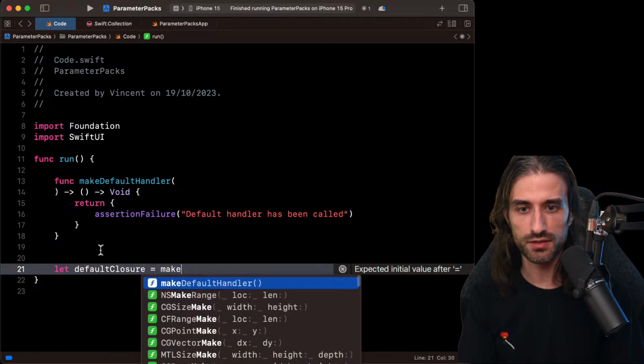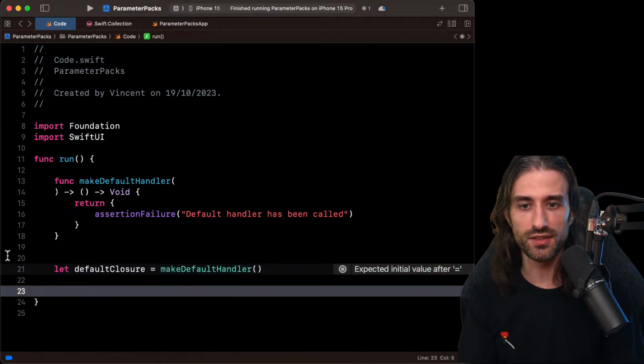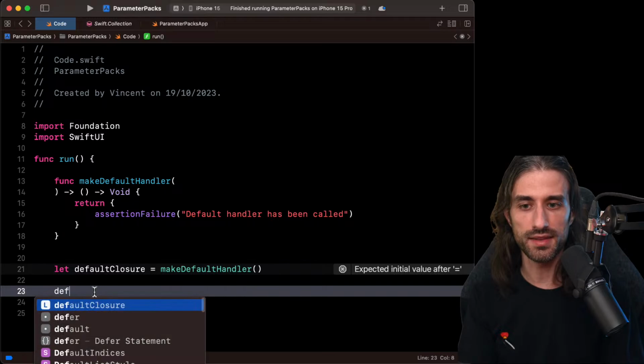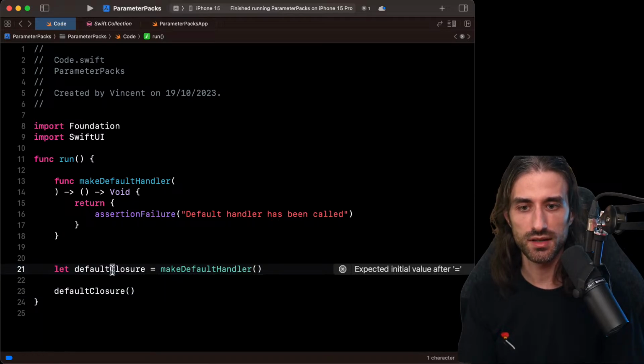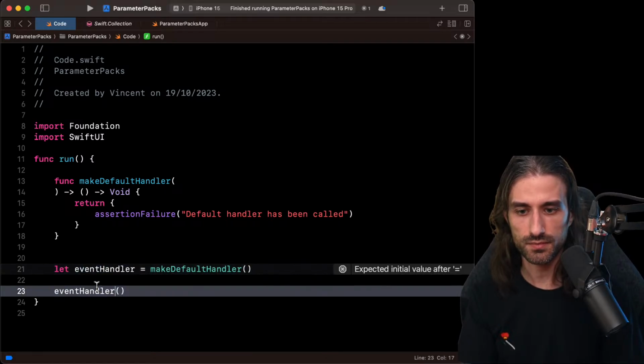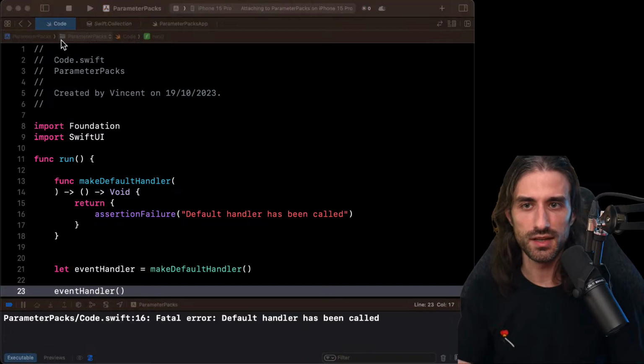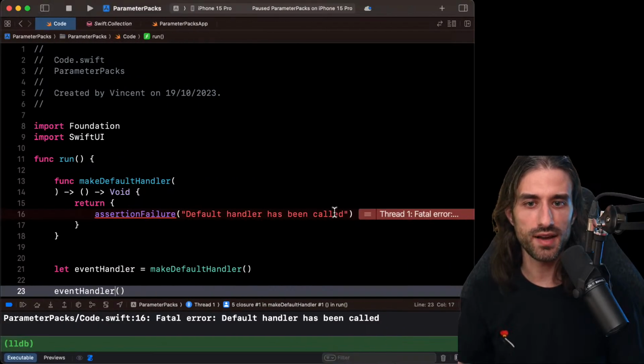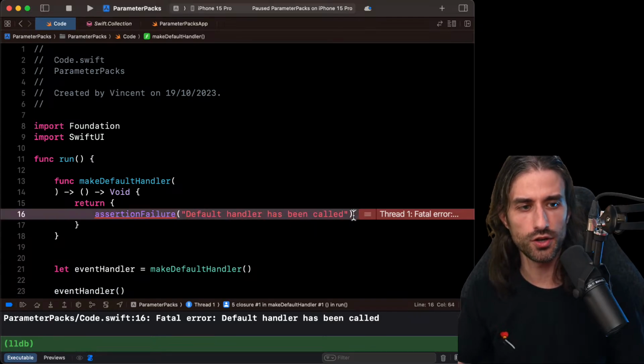event handler, so you have the result of make default stored somewhere, and then you are calling it. Actually, I will just call it like event handler. It's much more clear that way. So if you call it in development, you want to have an assertion failure that will let you know that, hey, something is wrong, and you would probably also want to log a production error using your logging solution so that you can be aware in your monitoring that there is something wrong in production in one of your builds.